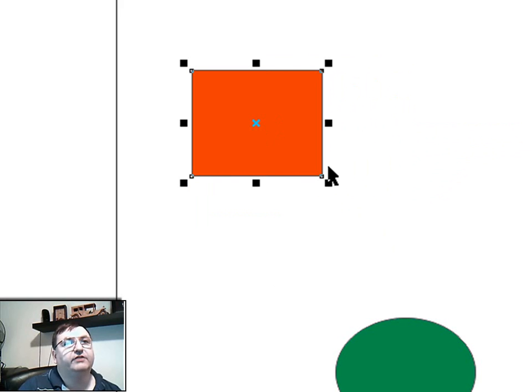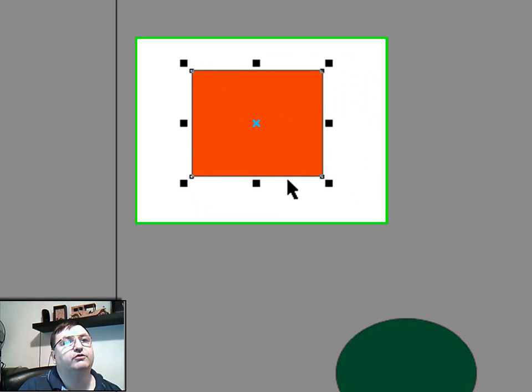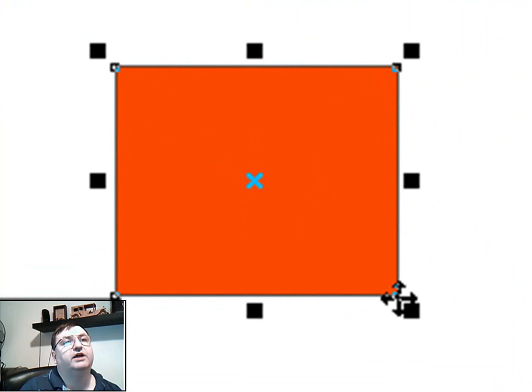Okay, there's a second set of handles. Oh, let me go back to this for a second. You'll also see on the very corner of these objects, when they're selected, these little hollow squares, and I'll zoom in to have you get a good look at them. And those are nodes. And you'll hear me talk about nodes a lot while we're doing projects.